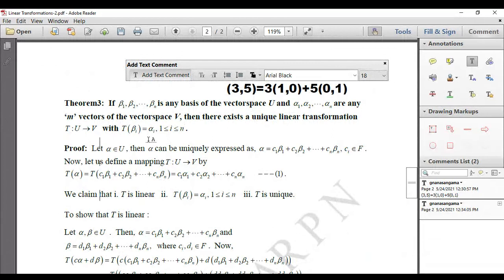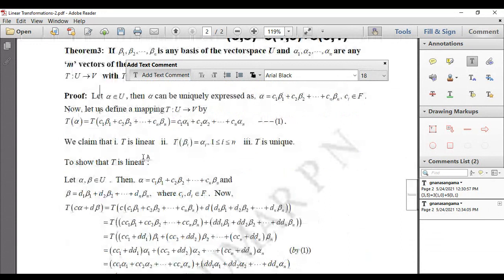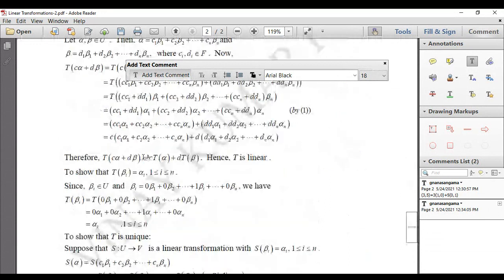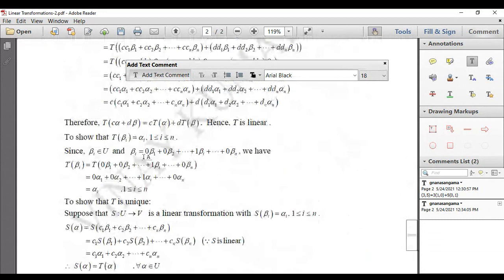And we will solve a few problems on this theorem, wherein we can find a linear transformation which maps the basis vectors of the domain with vectors of codomain. So they will be giving you images of basis vectors of some vector space. Then you have to obtain the linear transformation. So we'll solve some problems on them, and we'll see how to obtain the linear transformation when they are given images of some basis vectors.